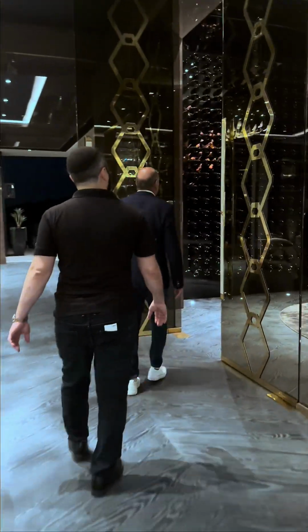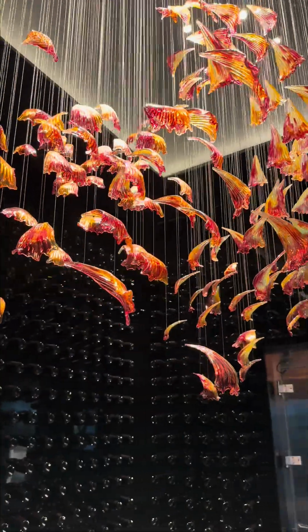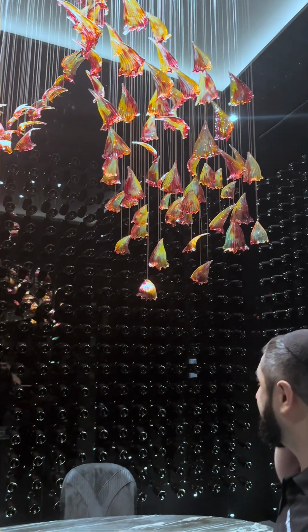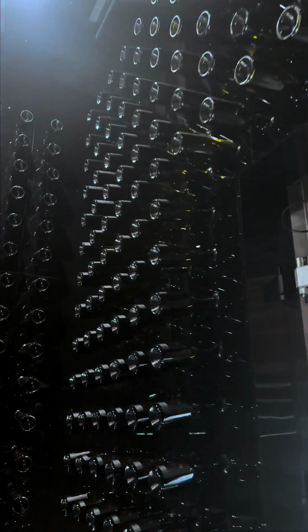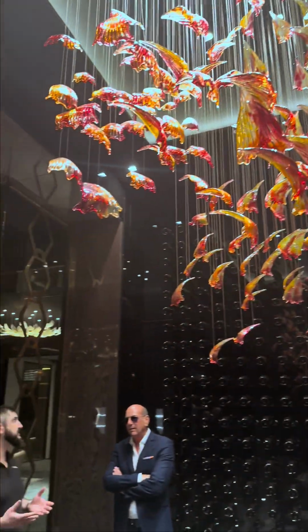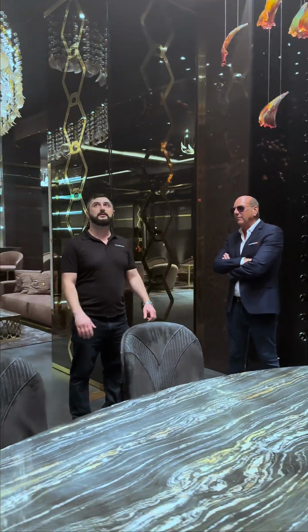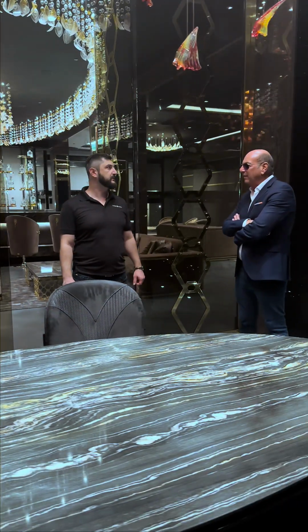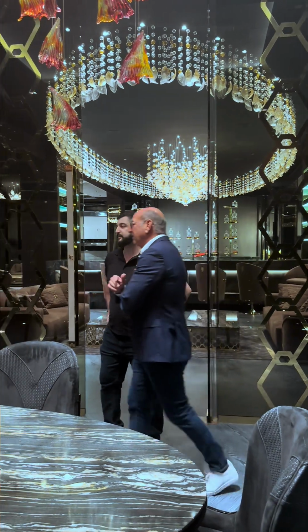Look at this wine cellar. This may be, I keep saying it, but this may be my favorite room yet again. It's unbelievable. How many bottles? Over 1,000 bottles. It's another work of art. Again, you can build stuff, but you can't build it like this. Somebody put their mind and soul and creativity into this. It was heart, soul, cash, all of the above. The amount of thought that went into every single room in this house. And that's why, when you go from one room to the other, I noticed you said this is my favorite room, because every room was curated to be an event. But I have one more room to show you, and you said you like to drink vodka, so...